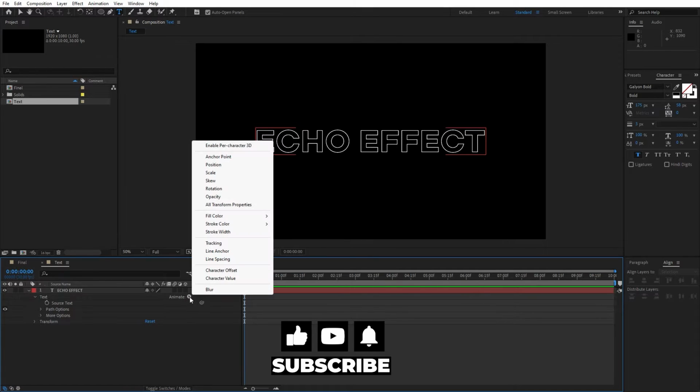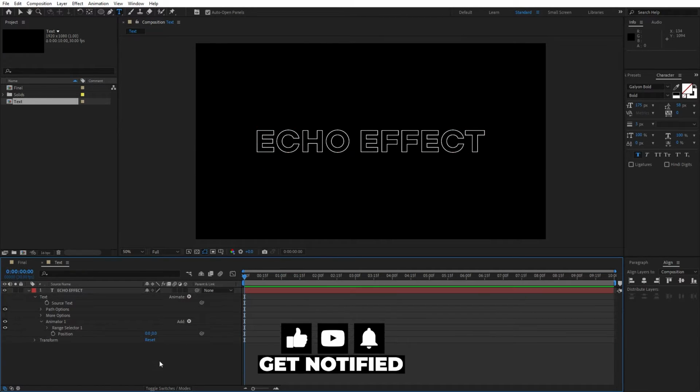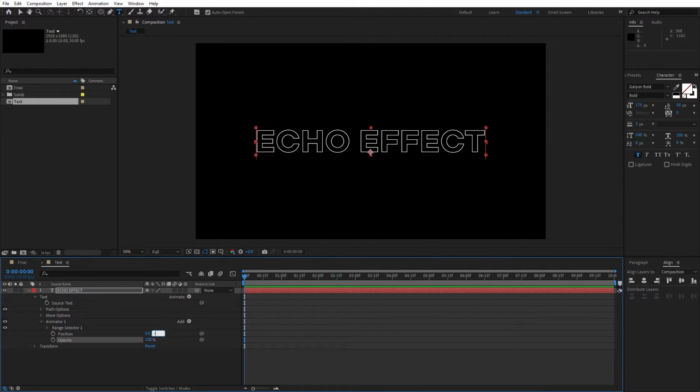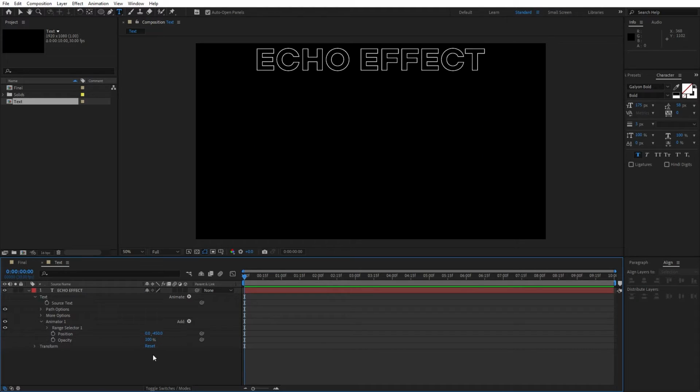Go here on animate, find position, and also let's go here on add, find here property and find here opacity. For the position, let's type here -450. Okay, somewhere around here. And let's also open this range selector one, set up the playhead to around 0 frames,